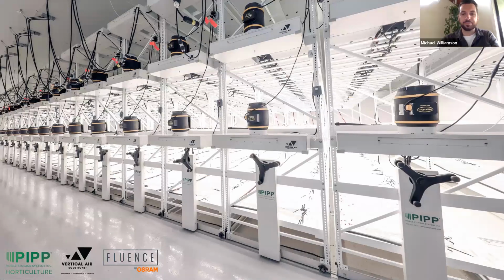Okay, sounds great. Welcome back, guys. So we're looking at a 3-tiered veg room with the integrated Pipp Fluence and vertical air technology. A couple things to note here. You'll note that there are not lights on the 3rd tier, and some operators have elected to take this approach because vertical farming offers a very unique alternative to traditional phasing. Where most people think of phase 1, phase 2, and phase 3, and I assume most of you have these phasing plans,